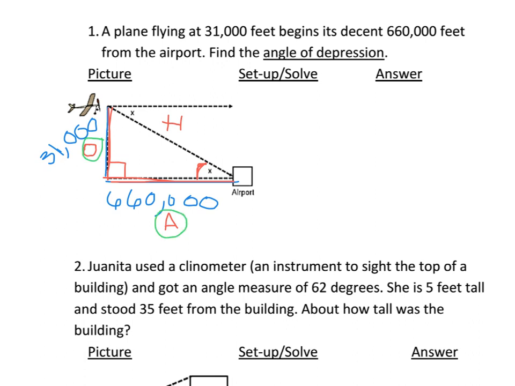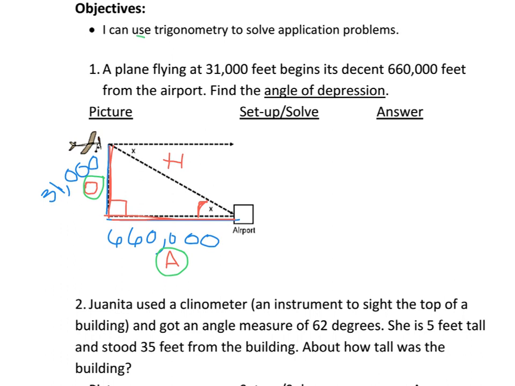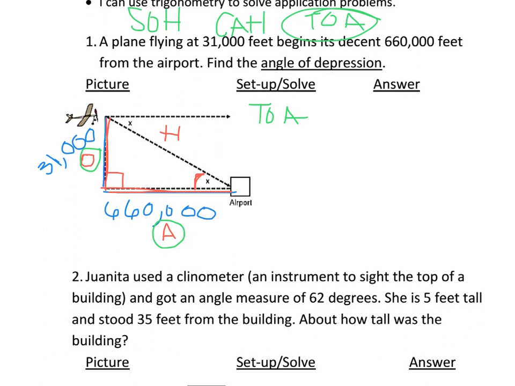So let's write out our SOHCAHTOA. SOHCAHTOA. Might seem silly, but it's helpful. Alright, and we are using O and A. The only one that has O and A is TOA. So that's the one we're going to use, TOA. Alright, so tangent